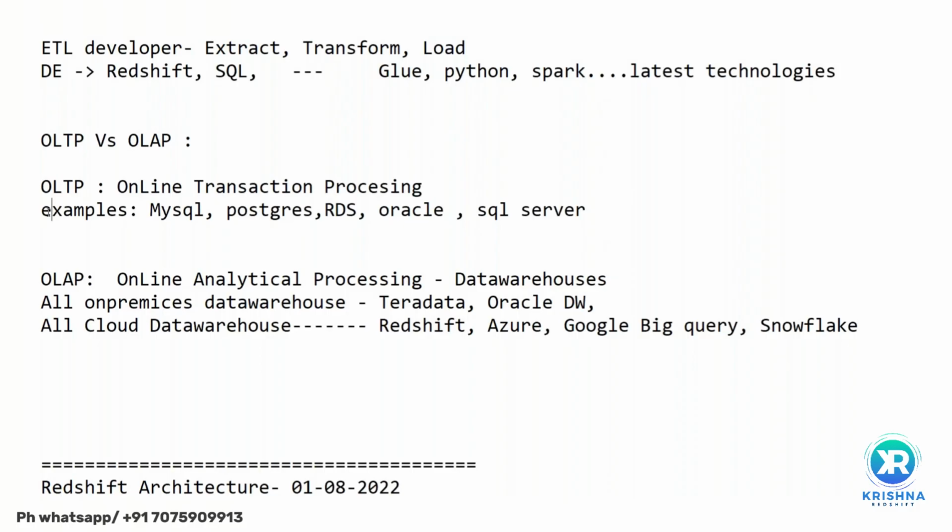If he is asking about SCD type 1, type 2, type 3, and if he's talking about facts and dimensions, and if he's talking about star schema, there Snowflake means it's a Snowflake design. Fact table surrounded by normalized dimension tables. That's Snowflake. Okay, cool. So here OLTP versus OLAP means, OLTP means initially all the databases, I mean, they are